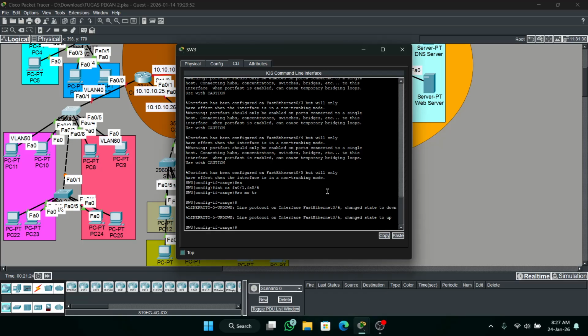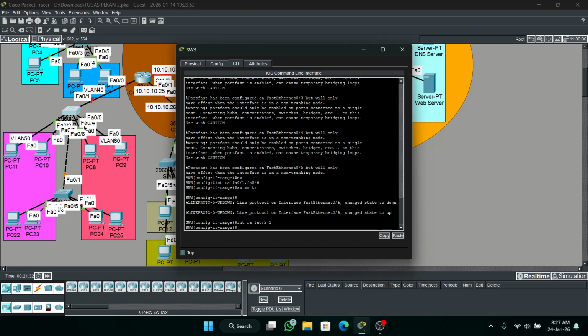Okay, then interface range fa0/2 until 3. This is VLAN 50.